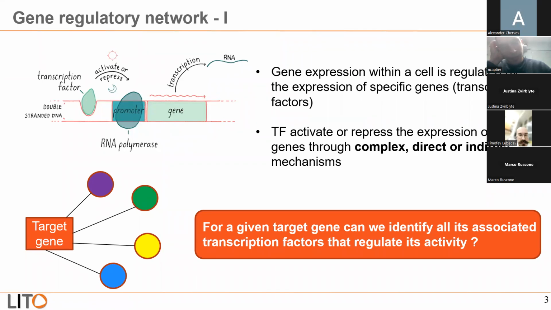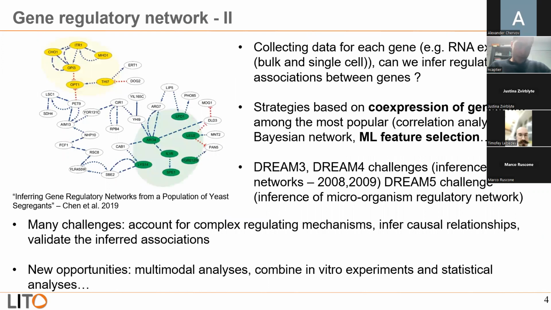Over the past years, many methodologies have been developed to reach such a goal. Here you have an example of one article, an arbitrary one, in which they try to infer this kind of regulatory network from gene expression. So for each gene, you want to associate all the genes that can regulate it, either activating or inhibiting its activity. The main idea of all these methods is: I want to collect data for each gene, and then using this data, I want to infer associations. One of the most popular kinds of data now collected for genes is, of course, gene expression data. And so the question that many people asked was, can we, from gene expression alone, infer some transcription relationships